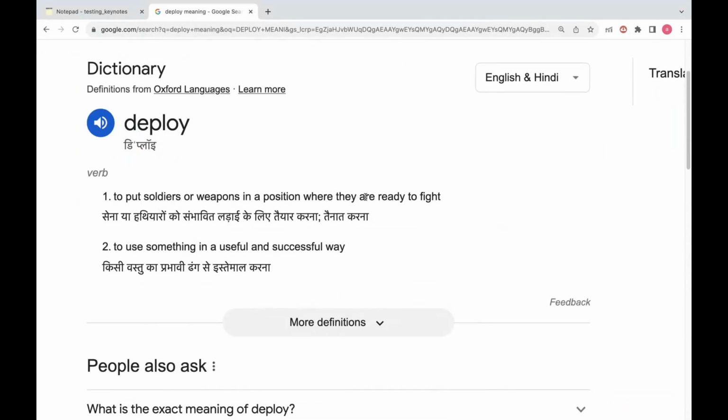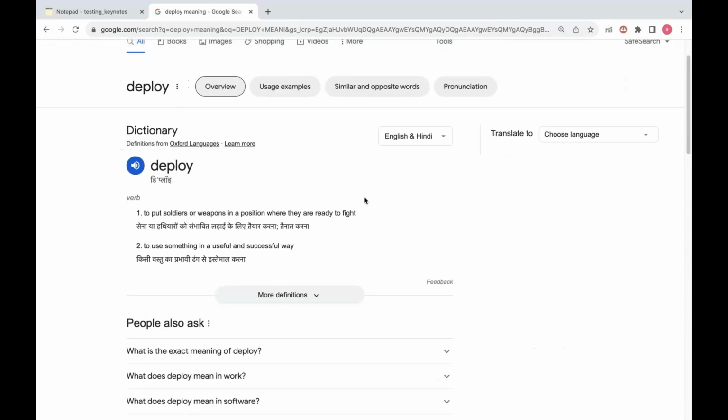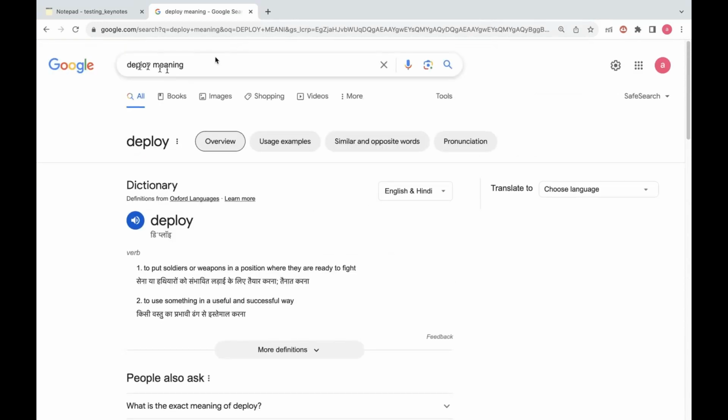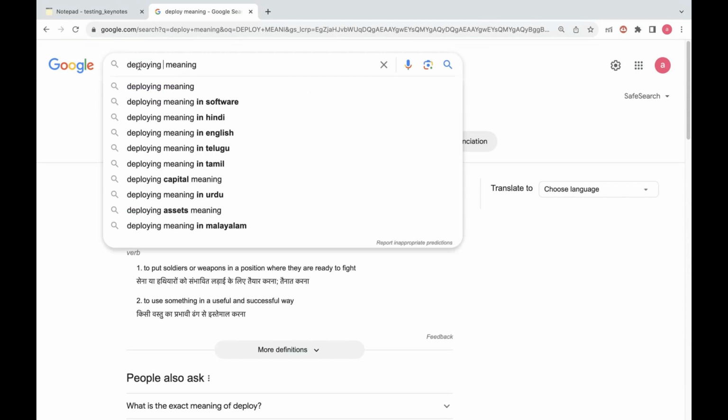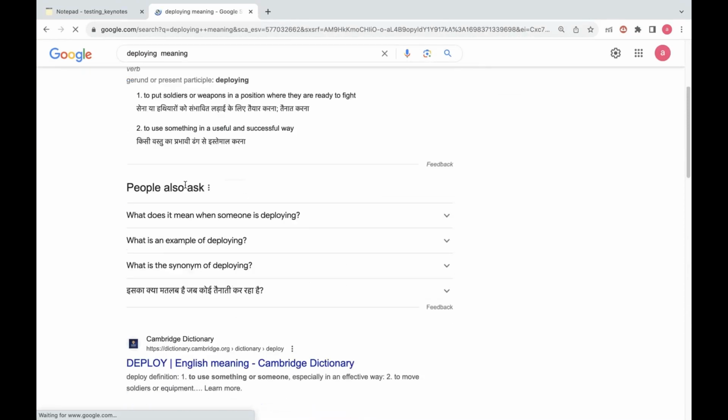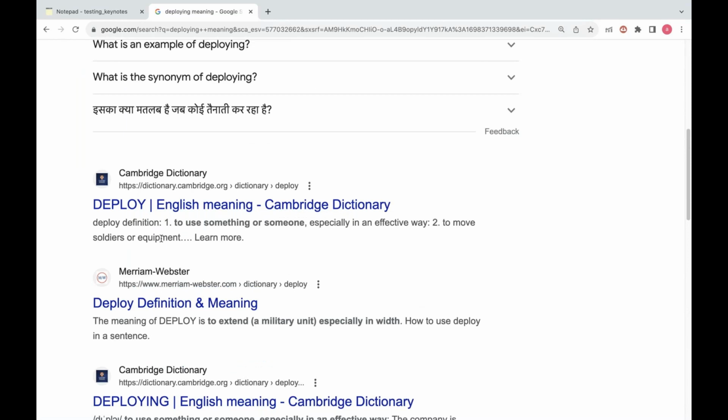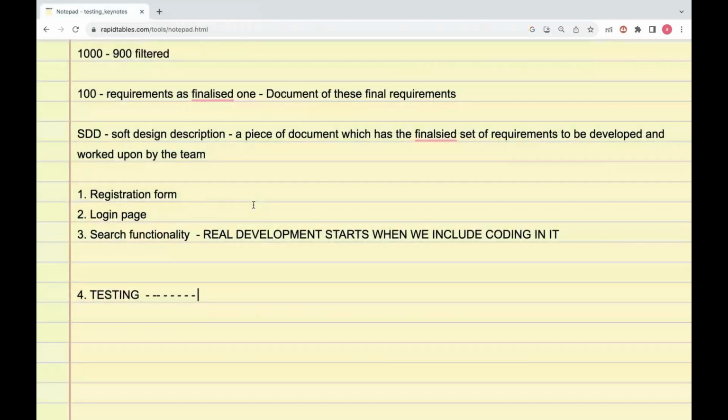That means you are deploying someone, right? Deploying specifically means to move someone from one place to another. You might have heard this terminology: we are deploying soldiers for the fight, we are deploying soldiers for the war. So deploy basically means once everything is set up and running, you put it in one place from where that particular resource can be used. So once your software is developed and you have tested it,